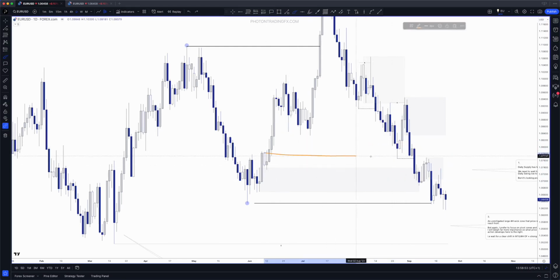We can understand that there may be orders from within here. It's not the best zone in the world. It does have a slight mitigation, but we can be aware of it and draw it out. And then what I care more about is how does price react when it gets there. Let the market tell me. I don't have to second guess. I'm not just whacking a risk entry on this zone. I'm looking